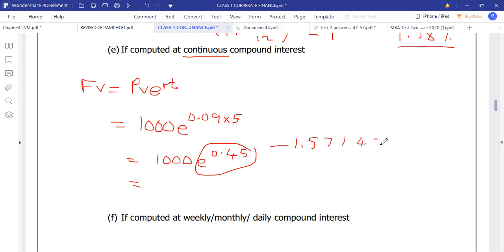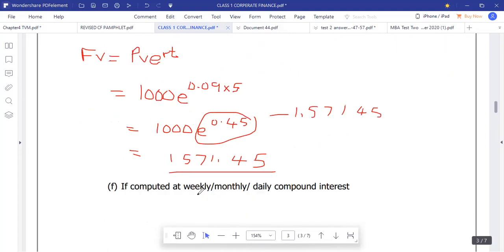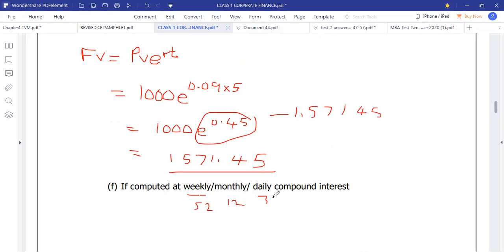1.57145. So when we apply the 1,000 here, we're going to get 1571.45. So you see, the more you compound, the higher the figure. The same applies weekly. It is 52. Monthly, it is 12. Daily, it is 365. These you can try at your own time, but you need to understand the whole principle. So this is basically what you needed to understand under